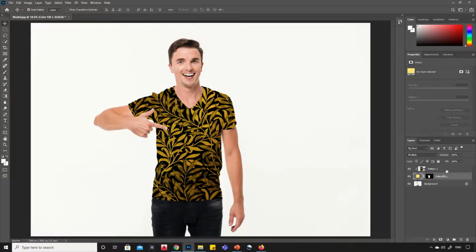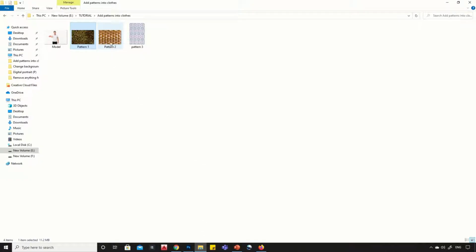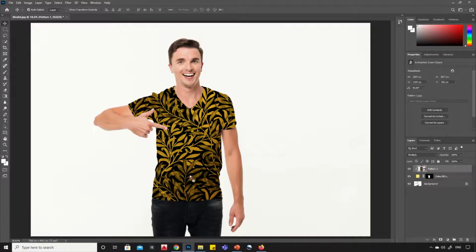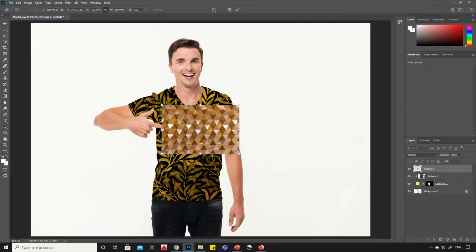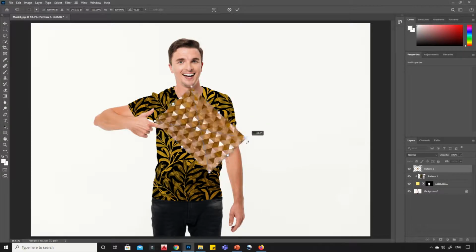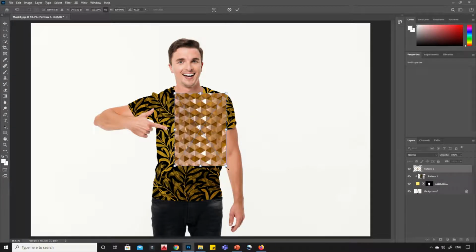Now, to add another pattern, select the pattern layer, and then drag and drop the second pattern into the Photoshop. Adjust its orientation and size according to the t-shirt.